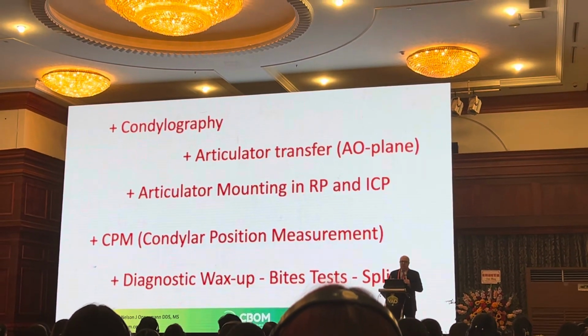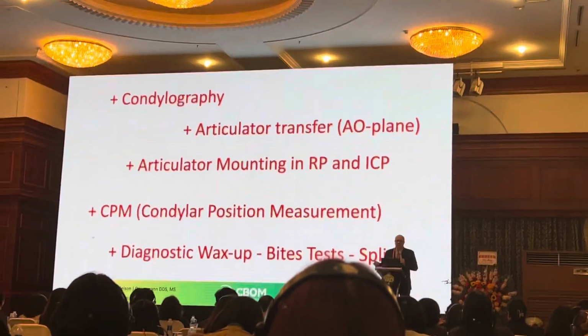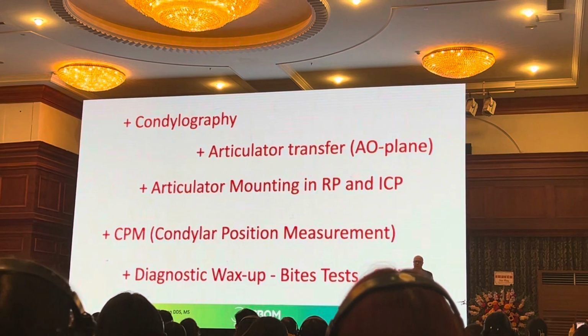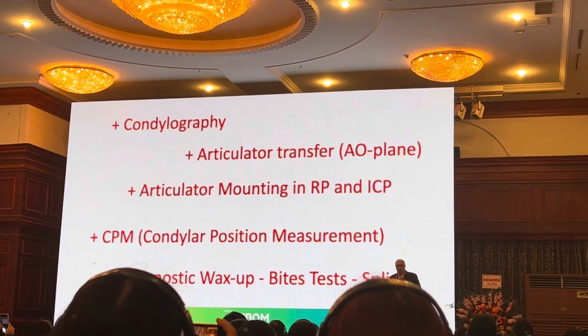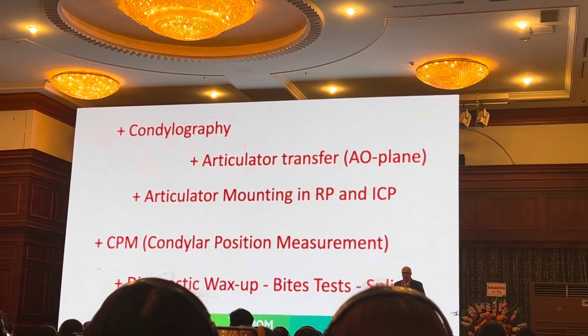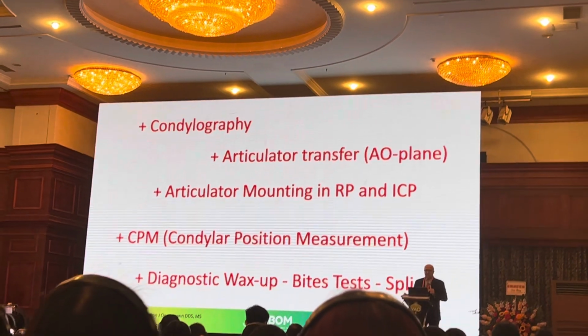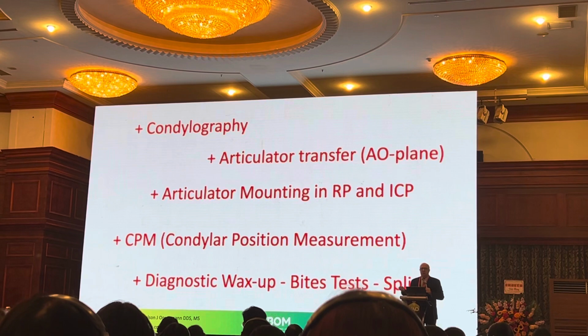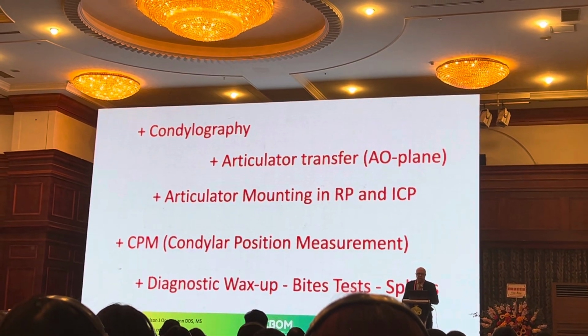So condylography, articulator mounting in axis orbital plane, RP, ICP, CPM, and sometimes we're going to use a dental technician to help us make a diagnosis in WhatsApp. We can use splints, we can use certain bite tests to check out our